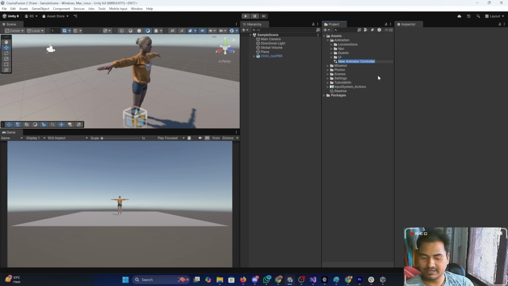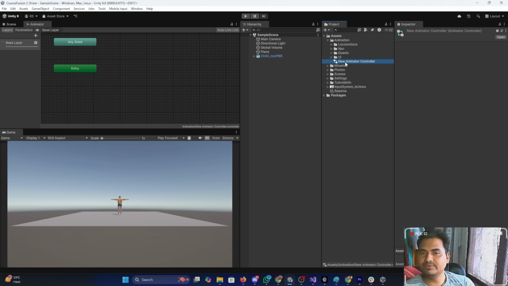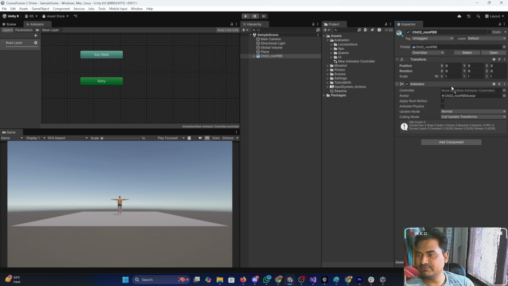You can give it any name, like controller. Okay, that is also fine. Whenever you click here, you get lots of states, so you can add the state. Okay, great. So let's suppose I want to add this animation here,